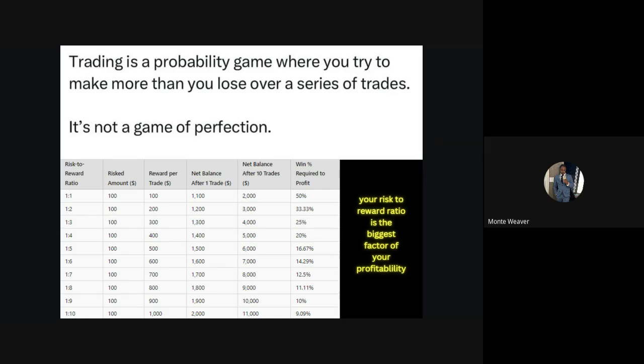Every major hedge fund manager, you've got Mike Novogratz, Warren Buffett, Ray Dalio. All these people are competing in the same space and saying, I can make more money than you. They're literally competing against each other and saying, I can make more money than you this year. They're trying to return 20%, 30%, 40%. But I'm letting you know right now, if you want to trade and be successful at trading, you have to have a risk to reward ratio, because that is the biggest factor that's going to determine your profitability. If you're losing 20, 30, 40, 50% on a trade, you're not going to last in the game.